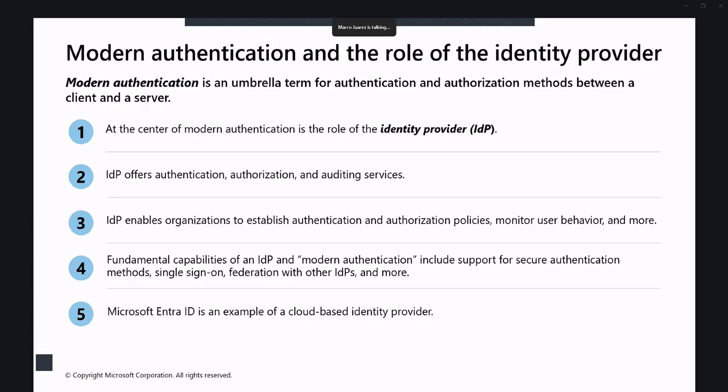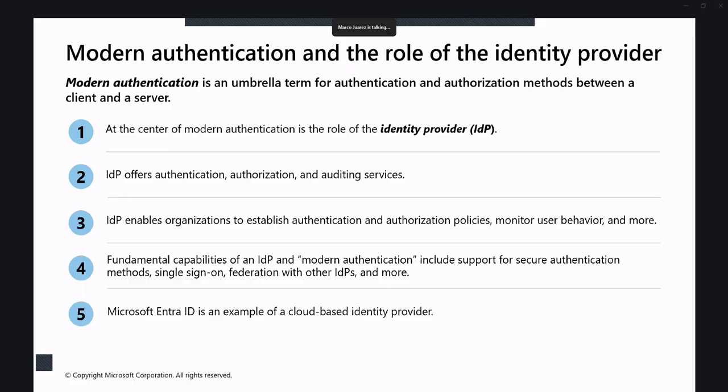In this modern authentication environment, we have this identity provider, who is issuing an identity. The identity providers give an authentication that might be a username and a password or a token or whatever mechanism, and auditing services, meaning supervision,